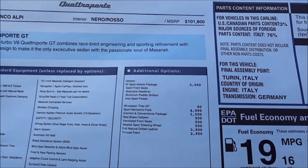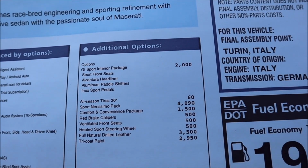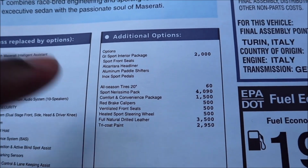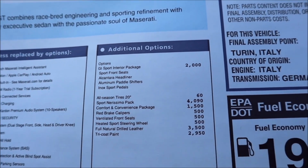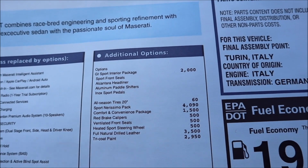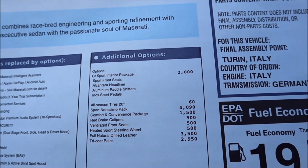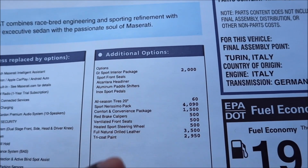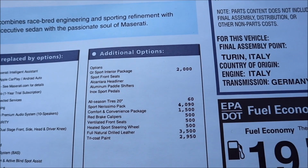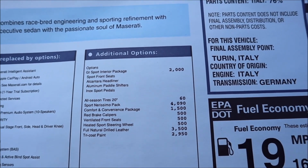Now, for options, what do we get? Well, the GT Sport interior package comes at $2,000, but you get the sport front seats, the Alcantara headliner, the aluminum paddle shifters, and the sport pedals. Then you have your all-season tires at $600, your Sport Nerissimo pack, which is $4,090, your largest pack on this model. You also get the comfort and convenience package, $1,500. You also have your red brake calipers, $500, ventilated front seats, $500, and your heated sport steering wheel, $500. Now you do have your full natural grain leather seats at $3,500, and your tri-coat paint at $2,950